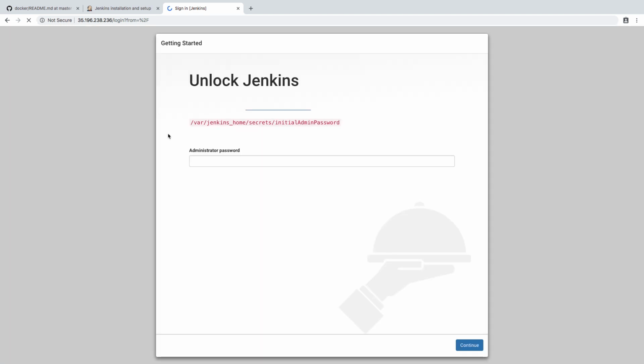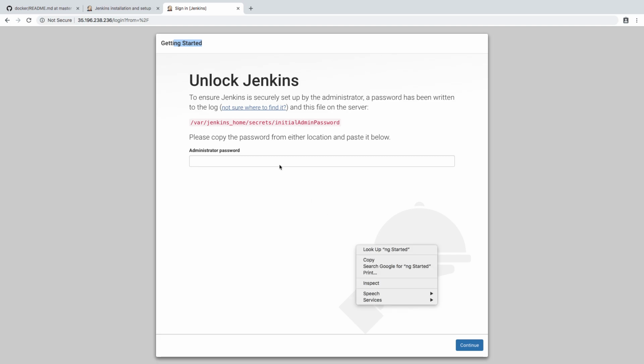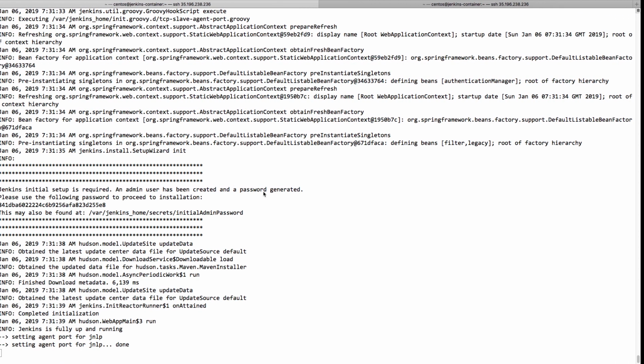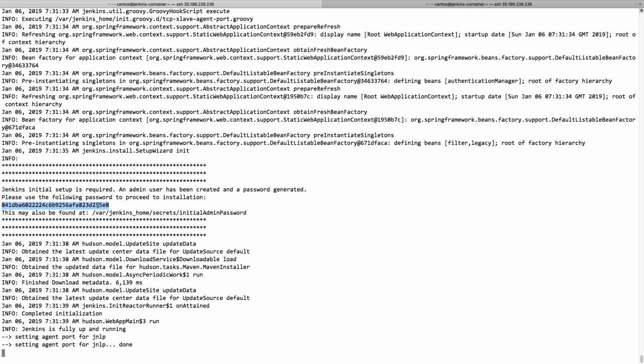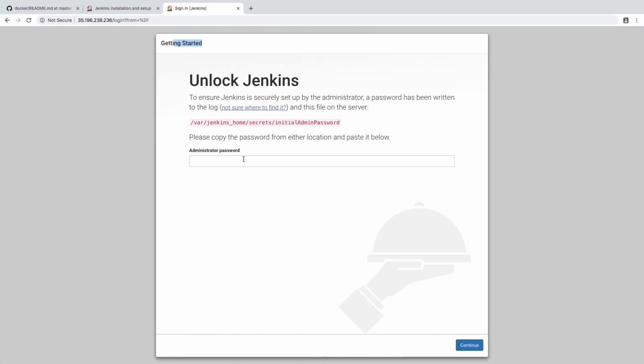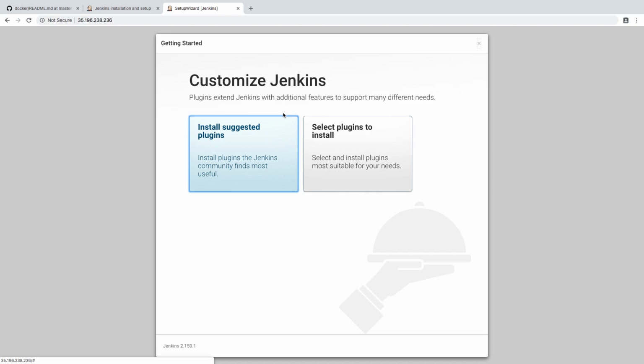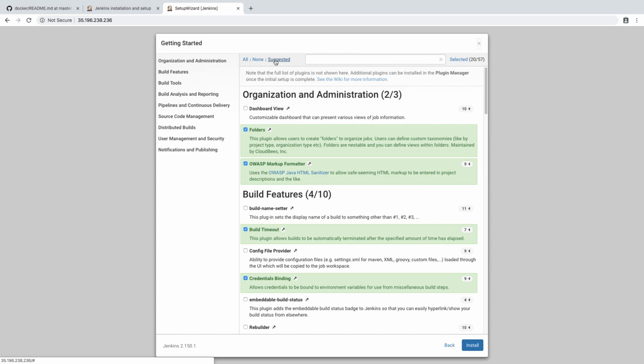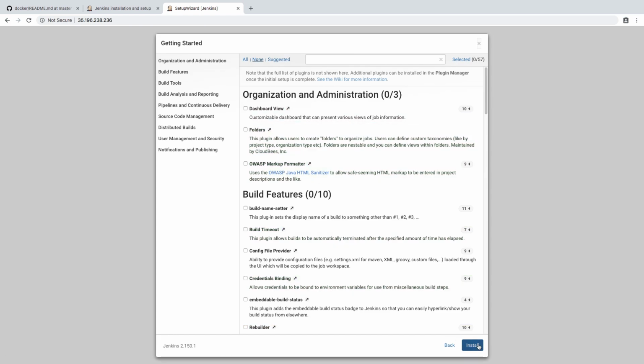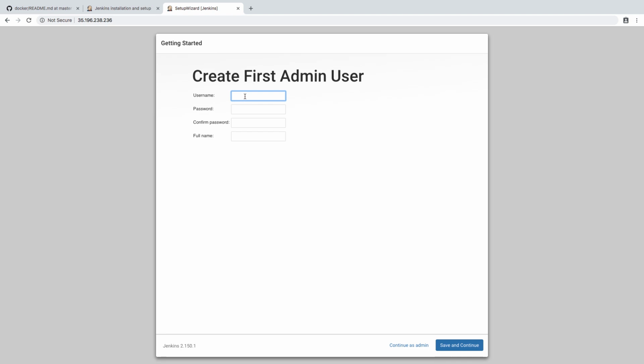There you go, you just got the Jenkins, and you're going to get the initial wizard to set up this particular thing. Here I can get the password directly from the log, or you can open this file inside the container, which is fine. So you can just copy and paste that, continue, and you're going to select what all the plugins you require to install as a part of installing your Jenkins. I'm not going to install any of the plugins, I would like to ignore everything. So just click on none, just go for install, and it is going to ask you to create the user,